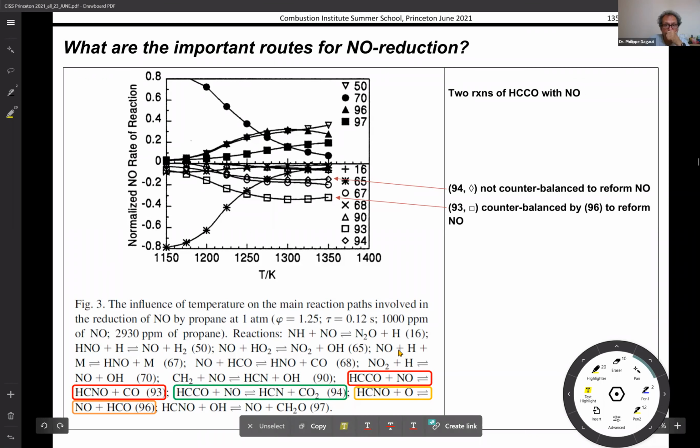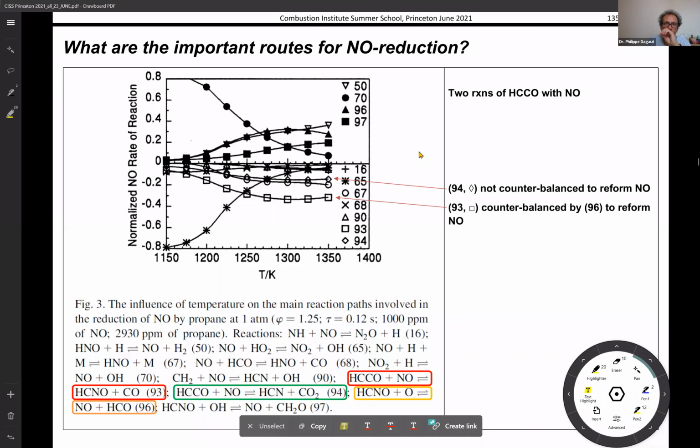And 65 is NO plus H, giving HNO plus N. When you look at these different curves here, you figure out that one production is cancelled by